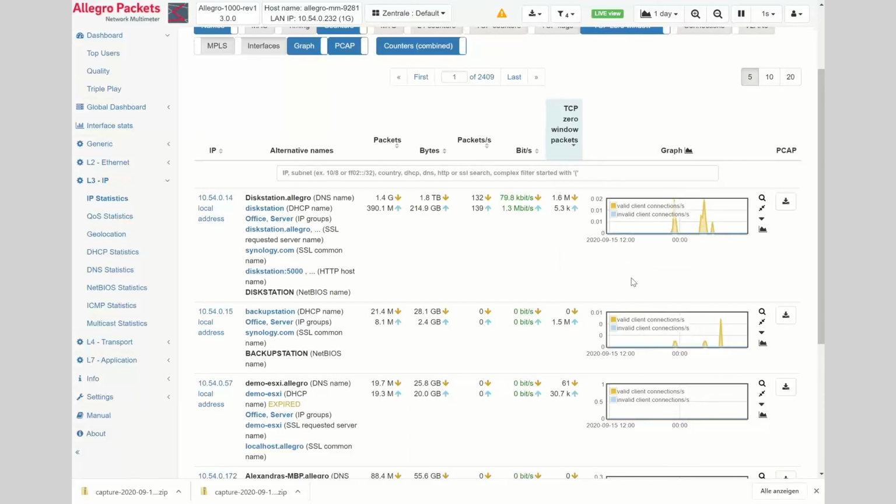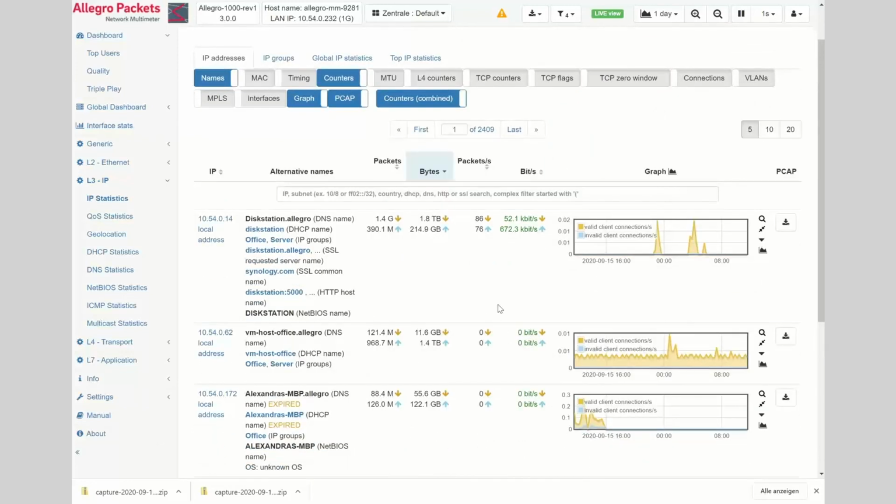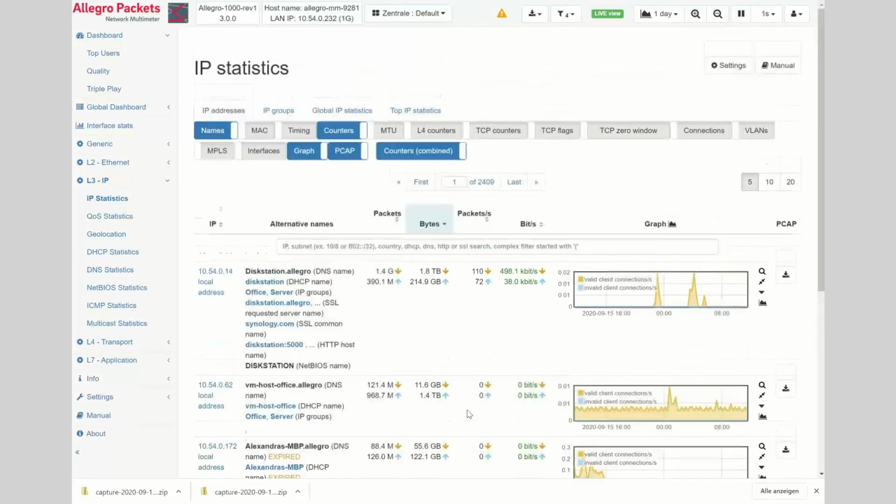So you can switch the graph, and that makes it a lot easier to show what graph you would like to compare on that page. And that makes the debugging from our perspective a lot easier and a lot simpler to use. And you don't have to go to that IP, then see the special graph and then go back. Okay, this works for IP and MAC statistics and a lot of other modules.